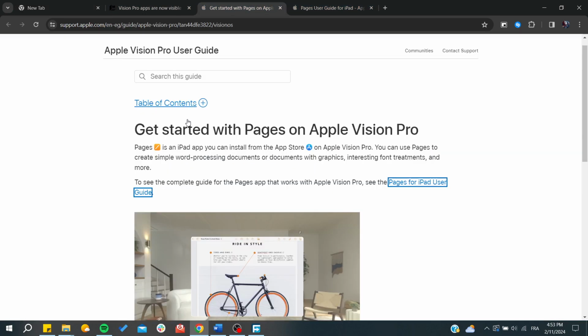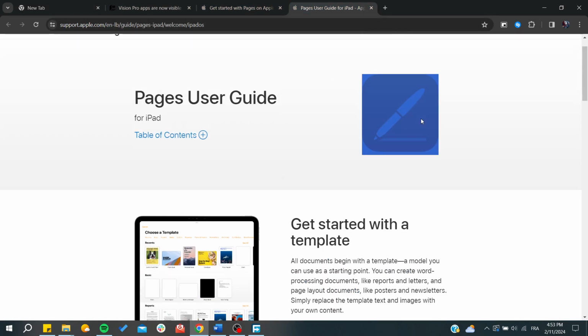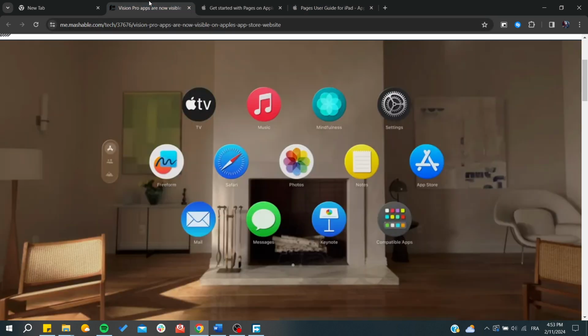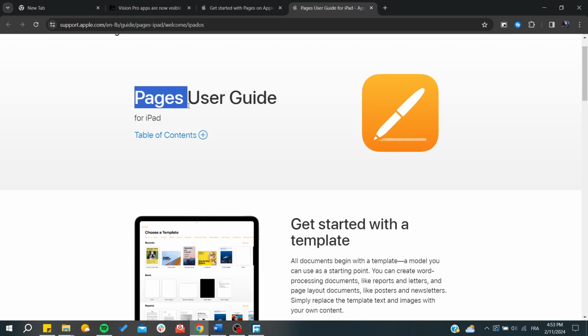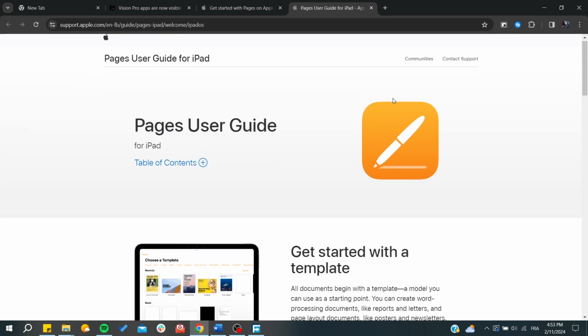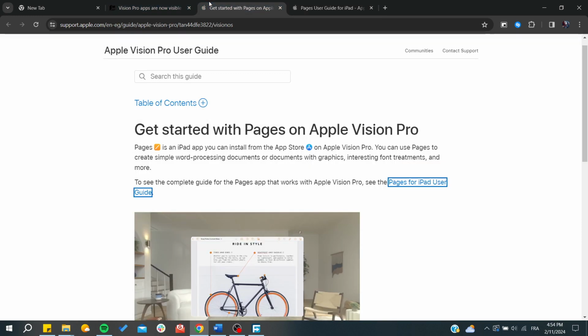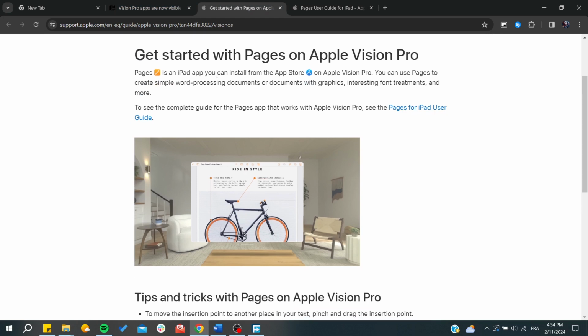Basically, you will just need to have Pages installed on your Apple Vision Pro. You just need to go to the App Store of your Apple Vision Pro, click on the App Store, and then search for Pages. Of course, it has this icon, and it is from the Apple company, so you can have the same application. After you install and get into this application, you will be able to start using the Pages